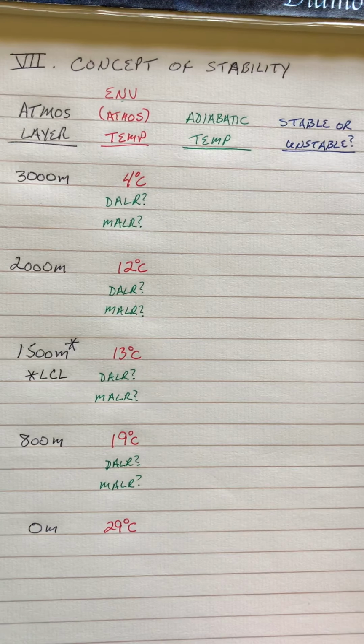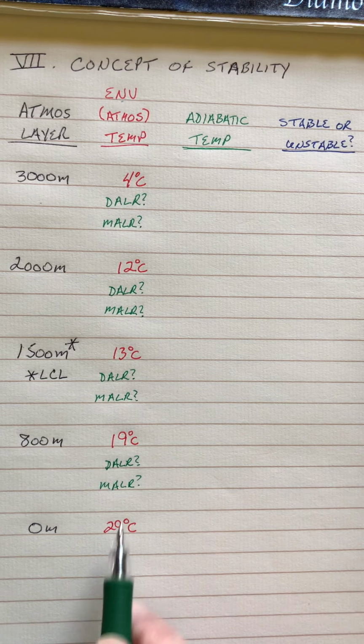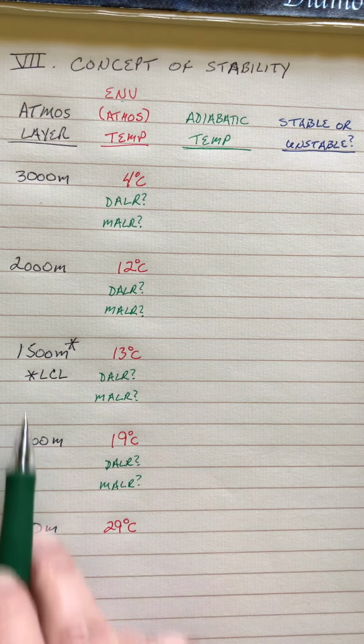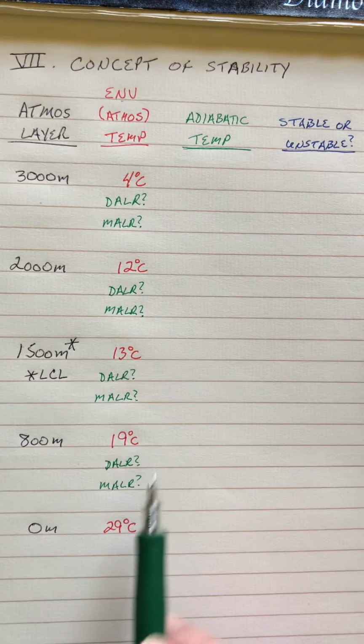So if we sent up a weather balloon with an instrument package attached to it, these would be the temperatures that it would have measured at the specific layers of the atmosphere. And so we want to determine then, is the atmosphere stable or unstable at these specific layers given these temperatures that we measured? Okay, and so what we're going to have to do is calculate an adiabatic temperature at each